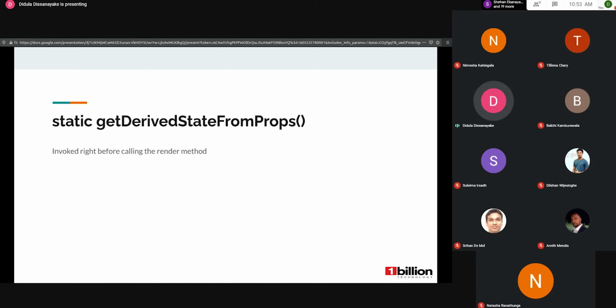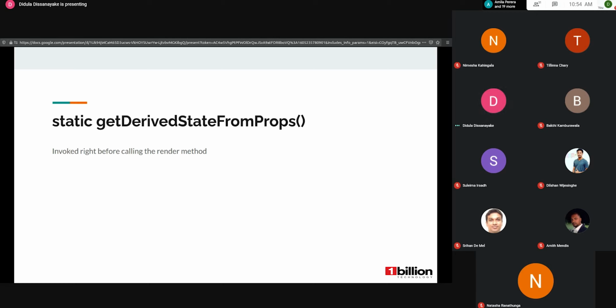Earlier I said some developers are using this function instead of componentDidUpdate. The reason is componentDidUpdate is triggered after the rendering happened, but this one is executed before the rendering.